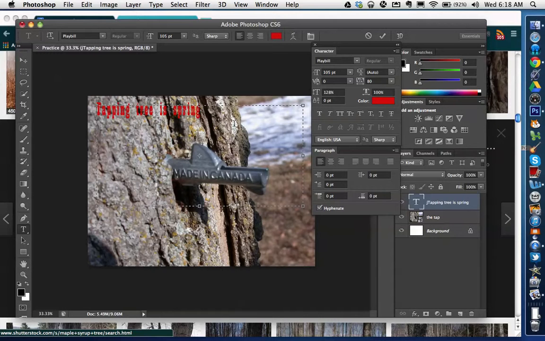So that's what I want you to do today. Now you might think this isn't very much, but we are going to do some cool things. We're going to make this a lot more fancy. We're going to relocate it. We are even going to maybe even bend that writing so that it kind of fits the picture. So we'll do that. That's going to be our next lesson. But for today, this is as much